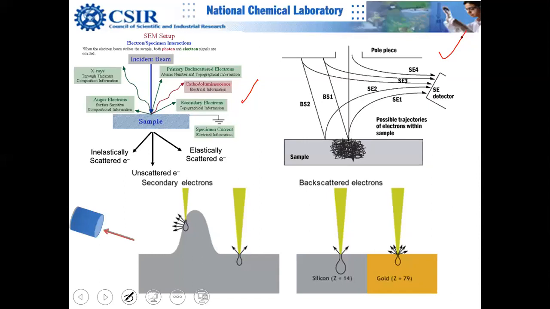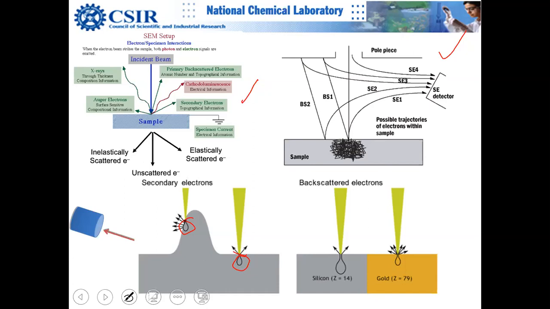So you can see that this kind of balloon area is your interaction volume within the sample when the primary beam hits the sample. From this balloon area, the secondary electrons are generated. That is the area where secondary electrons are picked up. They are just going everywhere in the other direction. But you can see that when the surface is close to this balloon, around 10 nanometer or less, then electrons have the possibility that they can escape and then they can reach the detector.